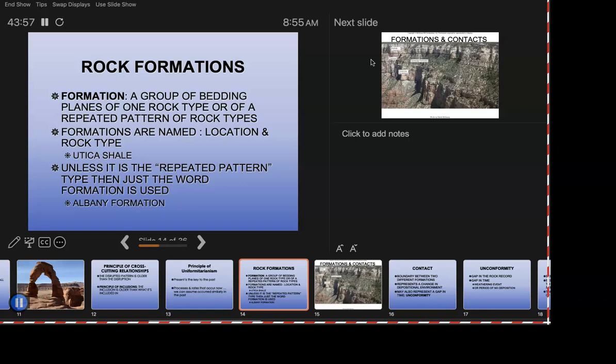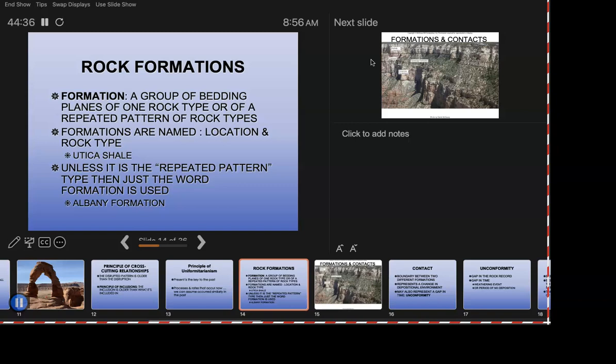You get that kind of name if it is one rock type. They're not going to say the Utica shale, limestone, and sometimes a little bit of sandstone. They're not going to call it that. If you get a bunch of rocks, then they use just the word formation. The Albany Formation is a great example of that one. The Albany Formation, I believe, is alternating layers of limestone and shale. But it's been a while since I've Googled that one. So you have to go into the works a little bit more. You know where it's archetypally found,